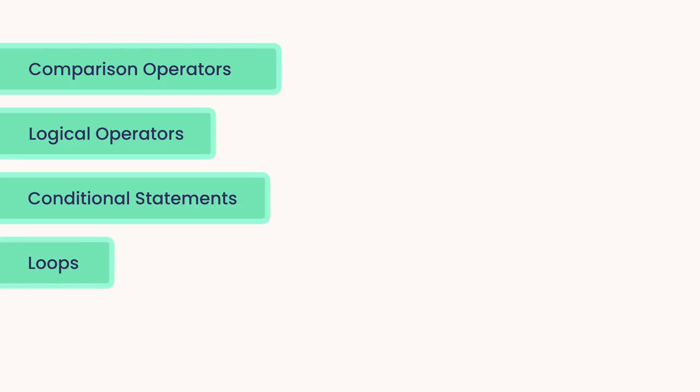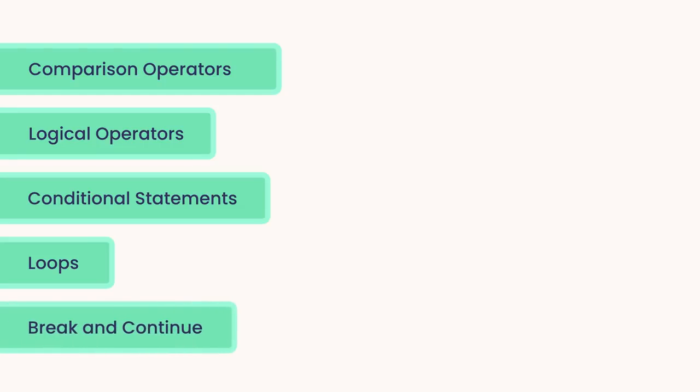Then you learned about loops for executing code repeatedly. We looked at 4 types of loops: for loops, while loops, do while loops, and for each loops. And finally, we looked at the break and continue statements for breaking or jumping to the beginning of a loop. I hope you learned a lot and have been enjoying the course so far.